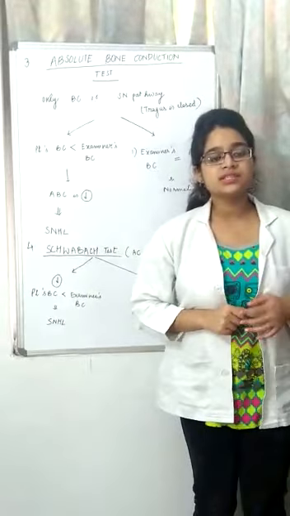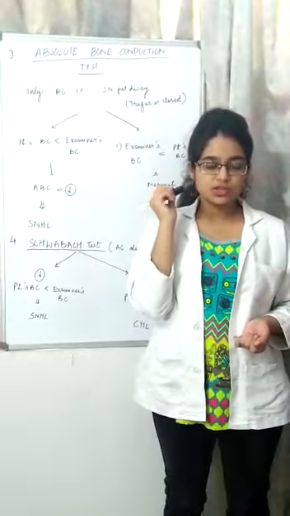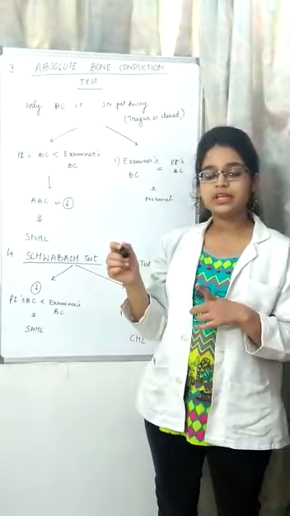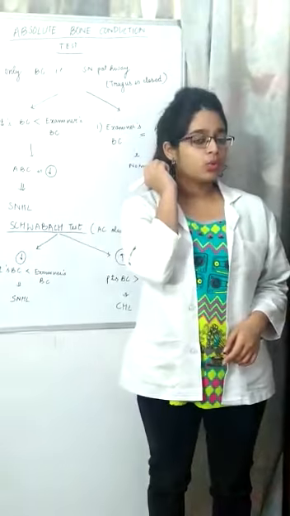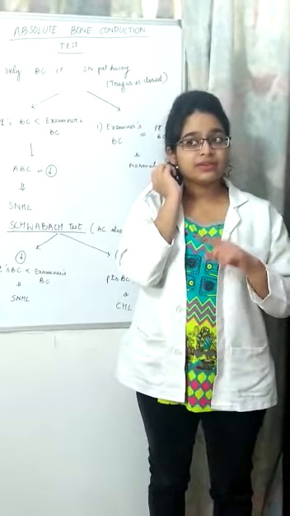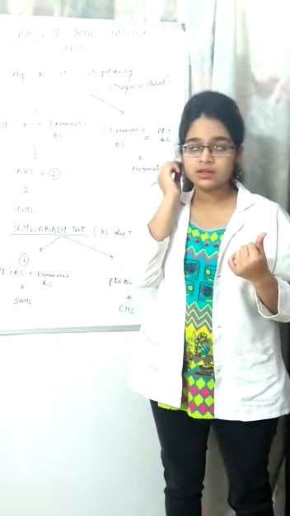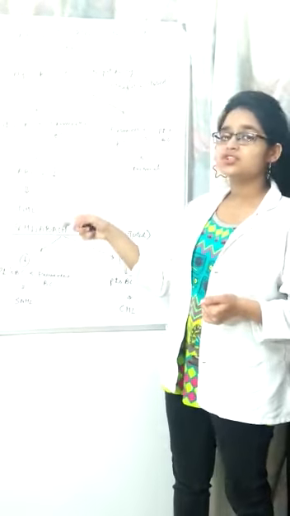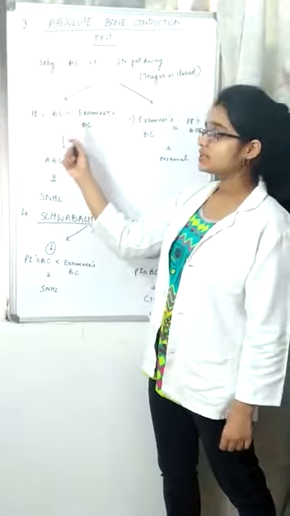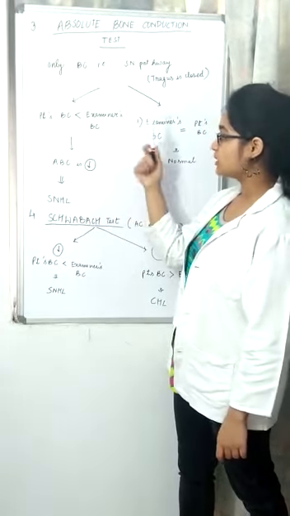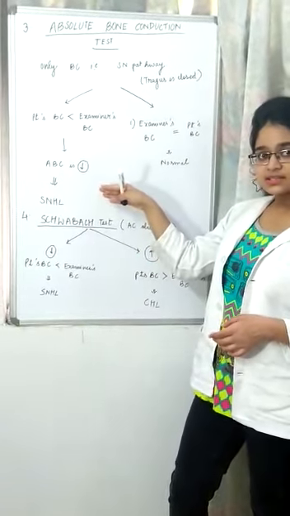So I am going to strike the tuning fork and place it on the patient's mastoid. When I place it on the patient's mastoid, the patient will tell me, okay doctor, now I cannot hear it anymore. Then I will place it on my own mastoid. If I am still hearing, that means the bone conduction of the patient is quite less as compared to mine, that is, of the doctor or the examiner. That means the ABC is decreased, the absolute bone conduction is decreased in this case.